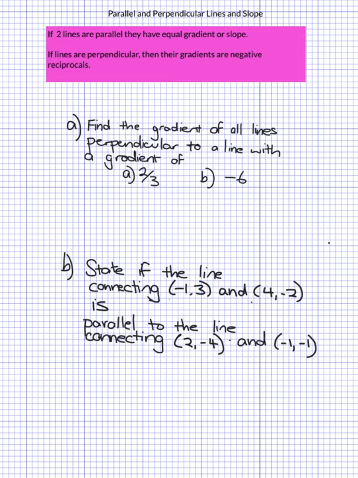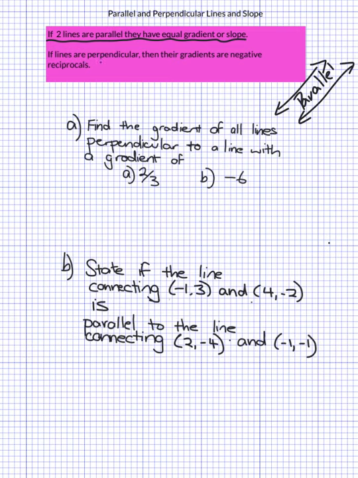We're now going to talk about parallel and perpendicular lines and the relationships between the slopes of these lines. So we can actually say that if two lines are parallel, they have an equal gradient or slope. And you think about that, parallel lines, they're like train tracks. They're on exactly the same angle, even though those lines aren't straight. So therefore, they're parallel. Parallel, same slope. If you ever hear the word parallel in the question, think immediately same slope, because that's what the question is